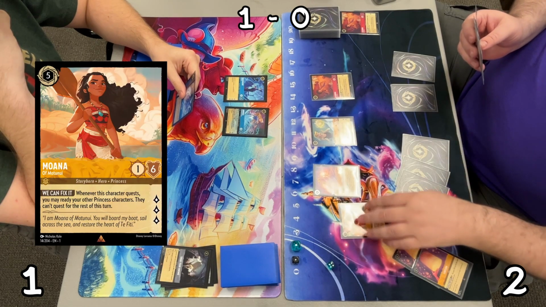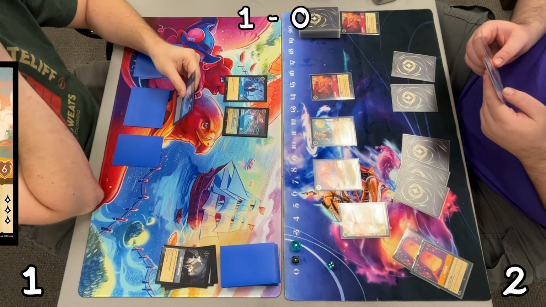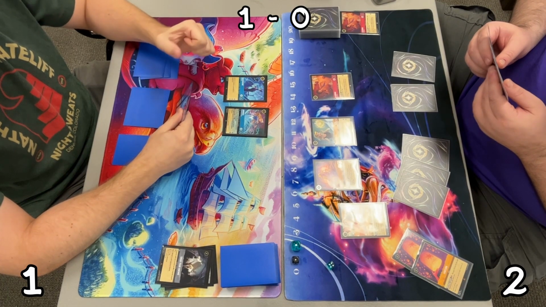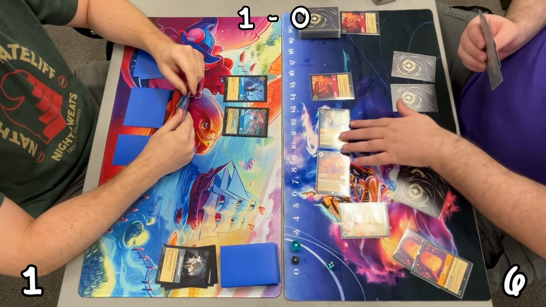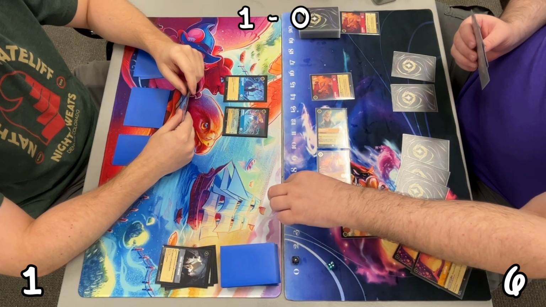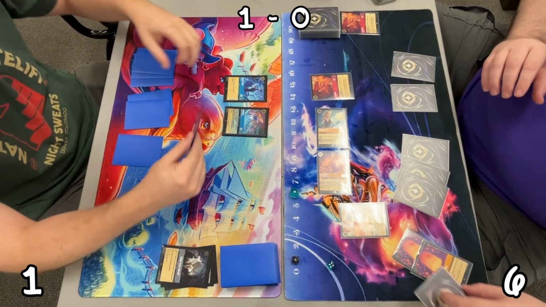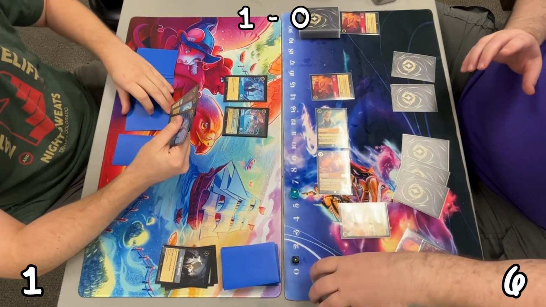Oh, we see the Moana come down, which is really scary, especially since he has 2 princesses on board already. If that Moana stays up, he'll be able to just quest with both Cinderella and Rapunzel, and quest with Moana, ready them back up, keep them safe. So he's going to quest with both of them, go up to 6 lore, and he's just going to pass. He's in a very ahead position right now, that he doesn't really need to overextend in anything. He's got plenty of ink in his inkwell, lots of stuff on board. I don't have any good